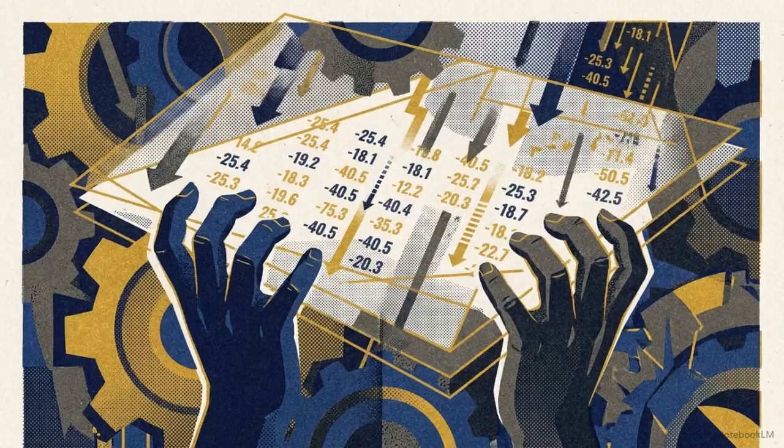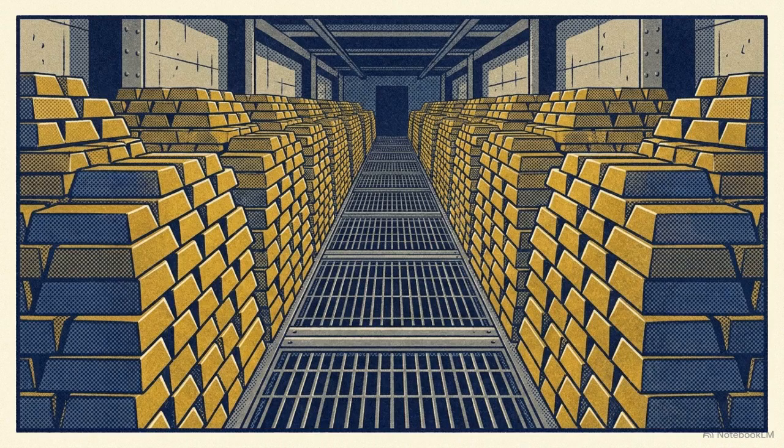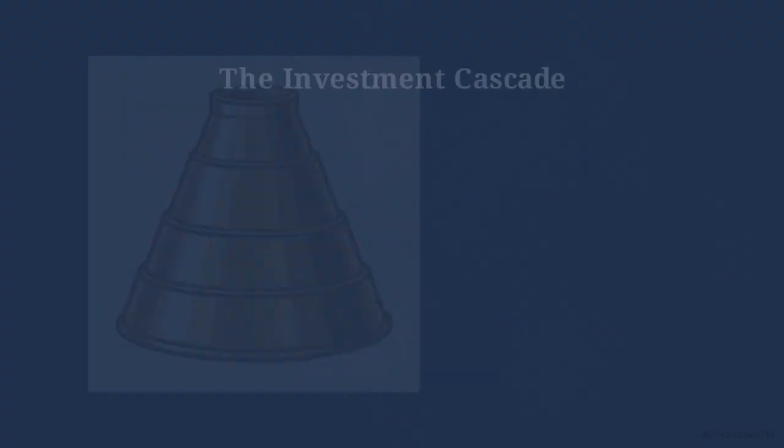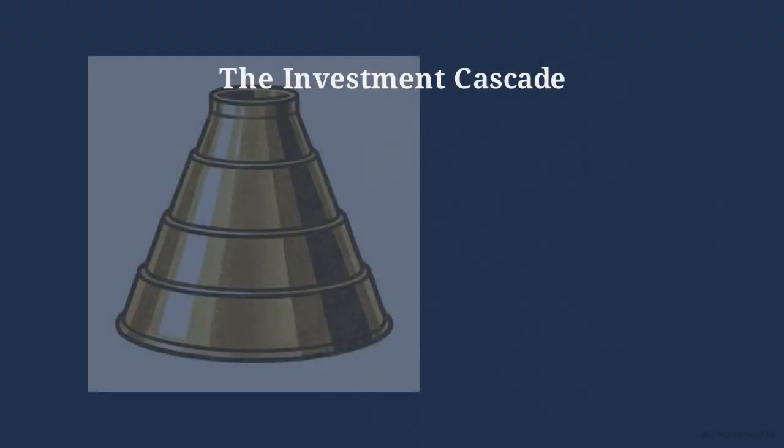The chaos of institutional margin calls often obscures the long-term reality of the gold market. Beyond the daily trading volume are the multi-year strategies of sovereign nations. Central banks across the BRICS economies are migrating reserves away from U.S. treasuries and into physical bullion to mitigate geopolitical risk and asset freezes. This funnel illustrates the investment cascade, the sequence of capital flows during a regime shift.